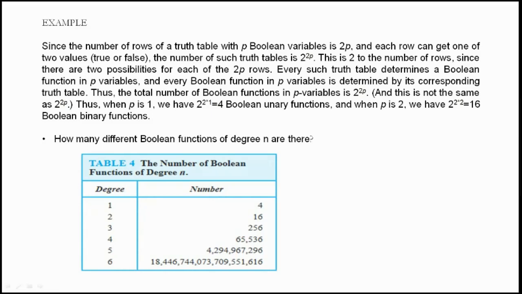So here, as the degree increases, the number of Boolean functions that you can make increases. That is the reason you can have a complex Boolean circuit with that many connections, that many possible circuits. So if you have a degree 6, you will see how many different functions you will get. So in the next lecture, we'll see operations on the Boolean sets.